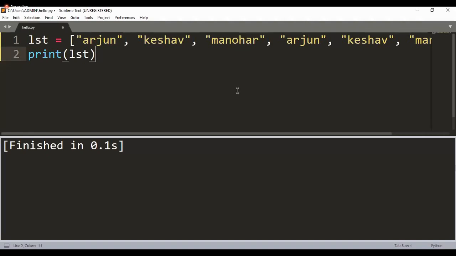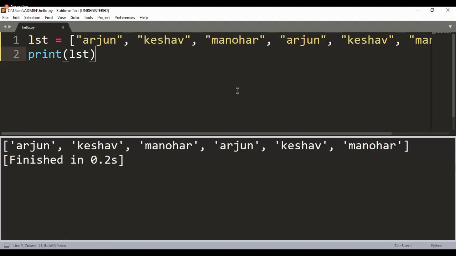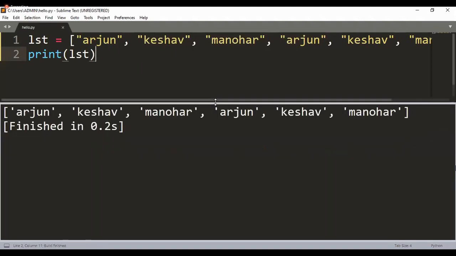Now, if I execute my program, as you can see on the output screen, tell me, first question, does list permit duplicate values to be stored inside it? Absolutely yes, 100% yes. But if there is a technically profound person, 100% he would not stop his question at this point in time. He is going to drill you more when it comes to the internal implementation.